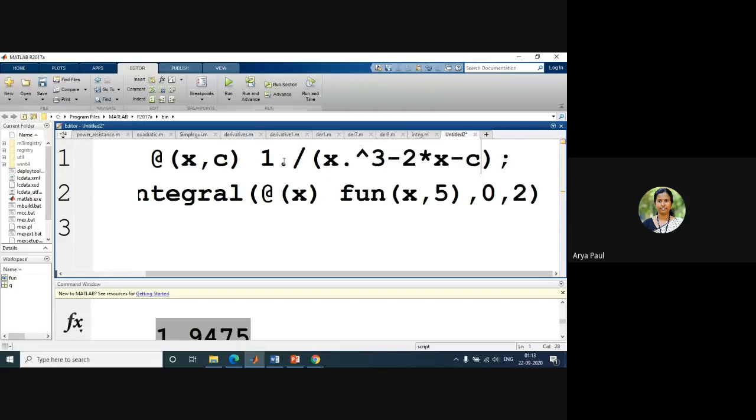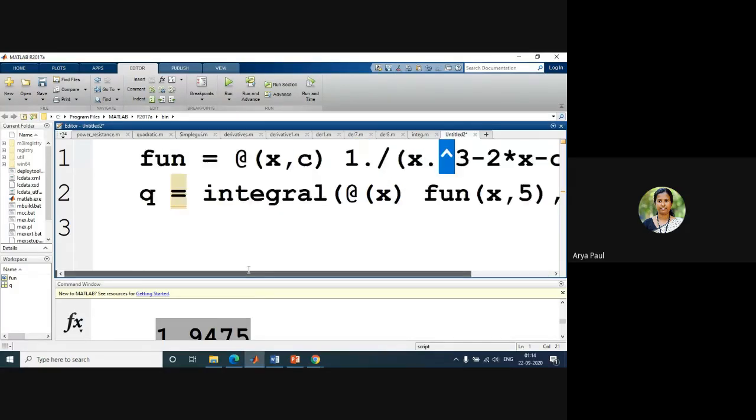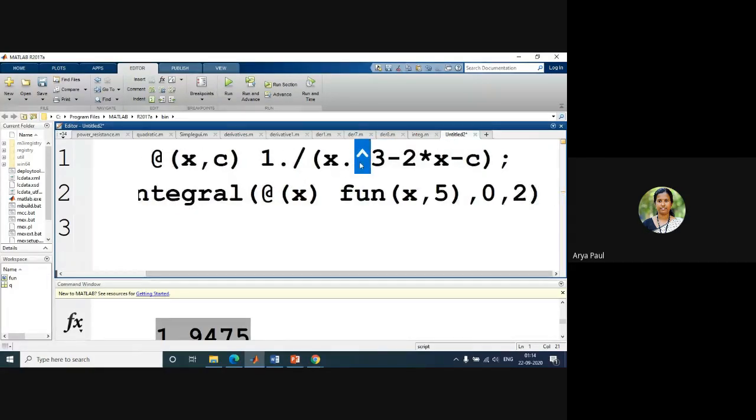Even though you are not putting dot star or dot slash here, there is no issue because this is not an array, but it is good practice in MATLAB to put them. So I have put it like this.